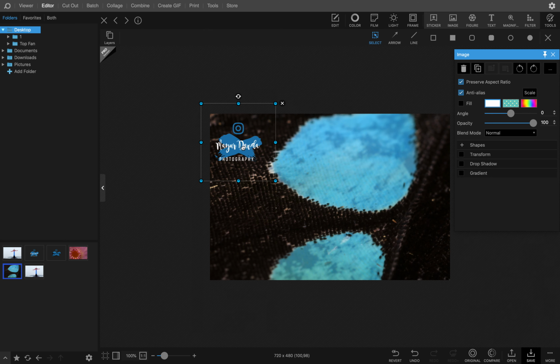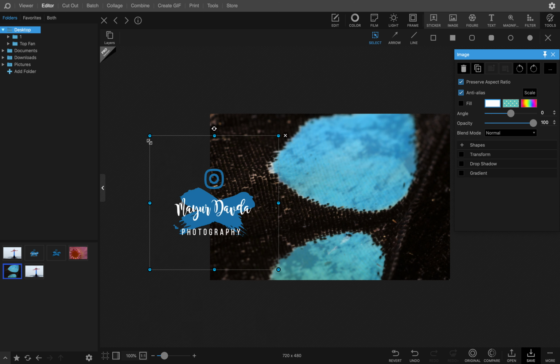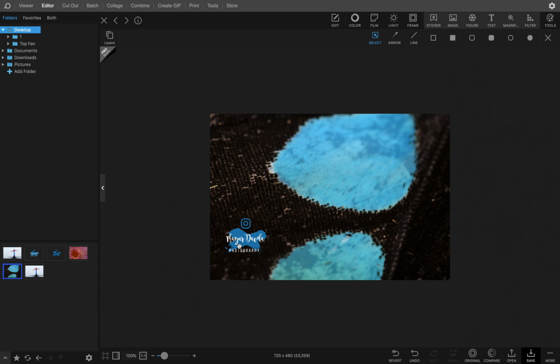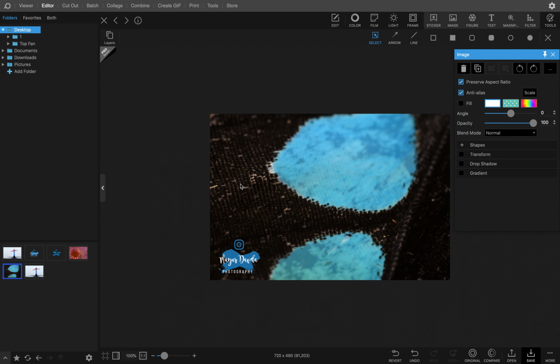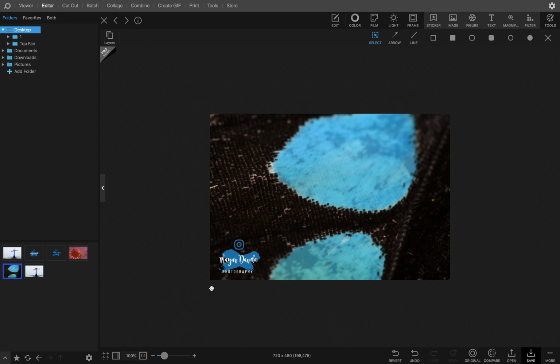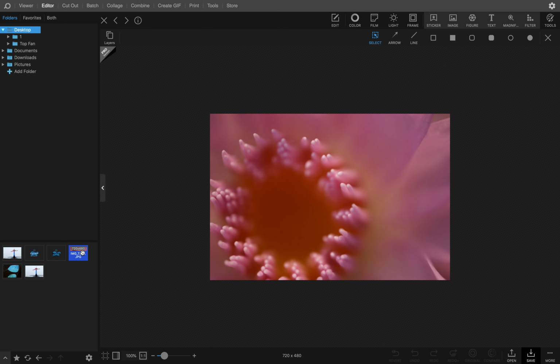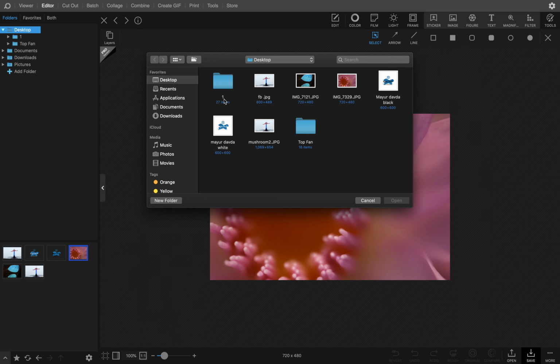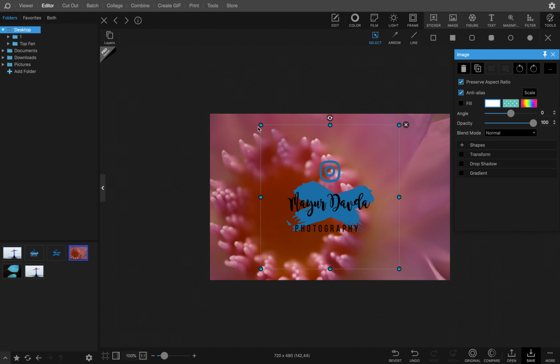Whenever you place the logo, make sure that it's in the negative space and clear of any kind of distractions. Make sure that you have a good amount of space around the logo. Don't make it too small or too large. Just keep it adequate. It should not be overwhelming. Once you are done, just go to save and save wherever you wish. On images which are colorful, both white as well as black logos look really good. Let us see an example.